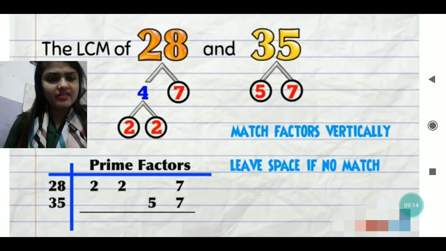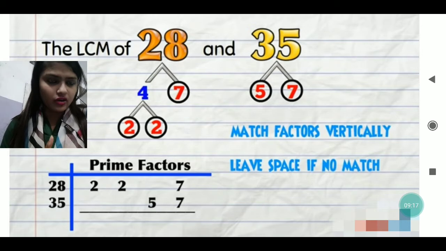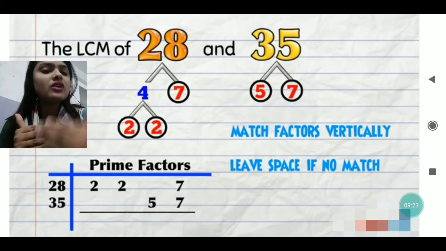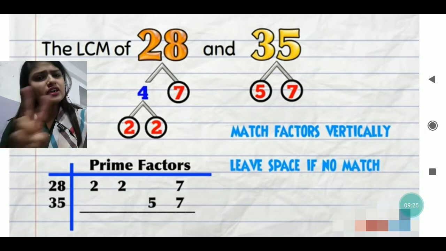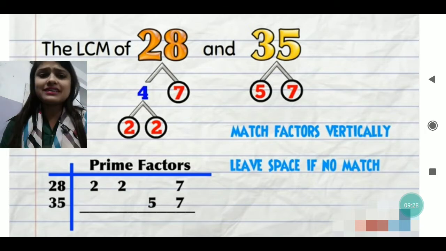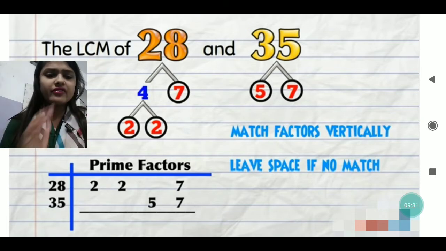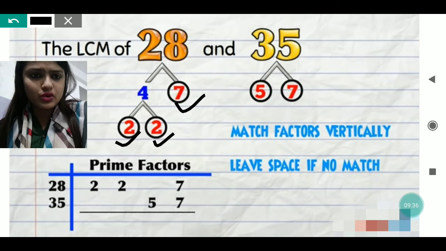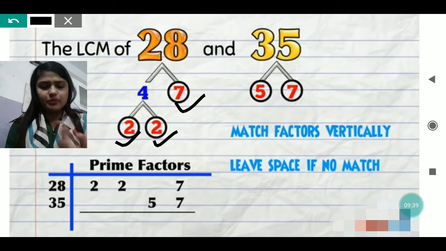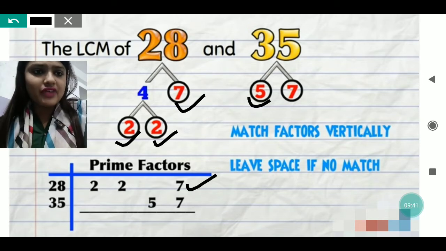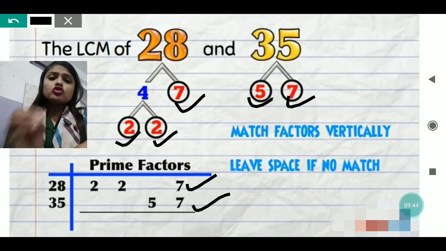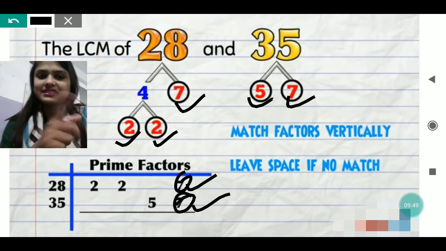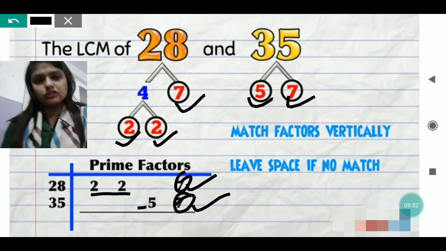In the same way, I will divide 35, so I get 5 and 7 as the factors of 35. 5 and 7 are already in their least form, with no need for further division, because 5 has only two factors and 7 also has only two factors. That we will write. After this, I will write all the prime factors I have got: 7, 2 and 2, and also 5 and 7. Now choose the common one between them. Which one is common? 7 is common, so I will take that 7, and this 2, 2 and 5 also I will take.